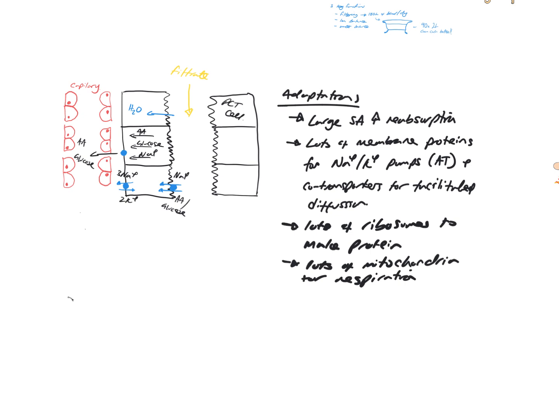We see the filtrate moving down at this point. That filtrate has got everything that was small enough to fit through the three-part filter. And at this point we need to reabsorb all of the amino acids and all of the glucose. We do that by setting up an electrochemical gradient using our sodium-potassium pumps. So 3 sodium out and 2 potassium in. We then use that electrochemical gradient of the sodium using a co-transporter to bring in either the amino acid or the glucose. Once that has gone into that cell, that can then move out via a channel protein into the capillary